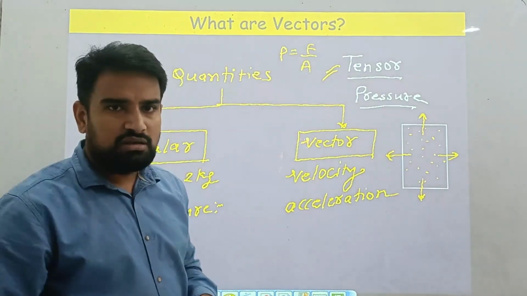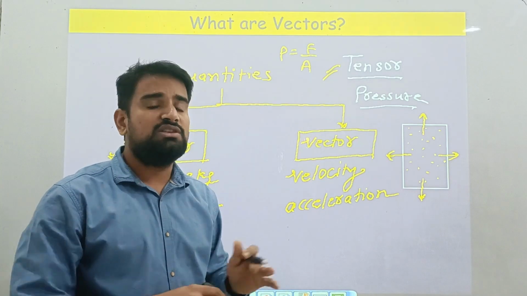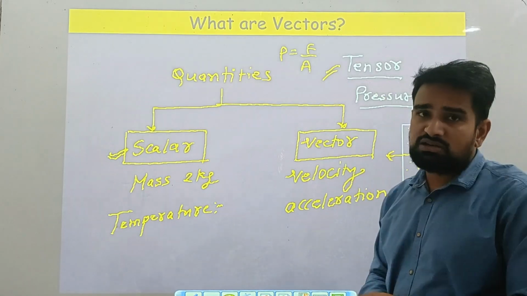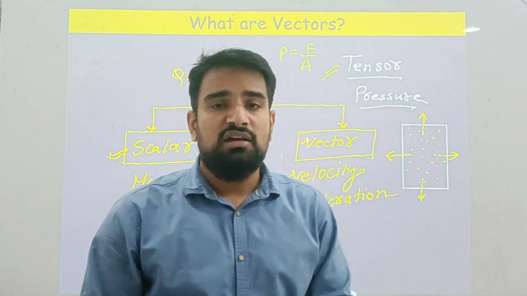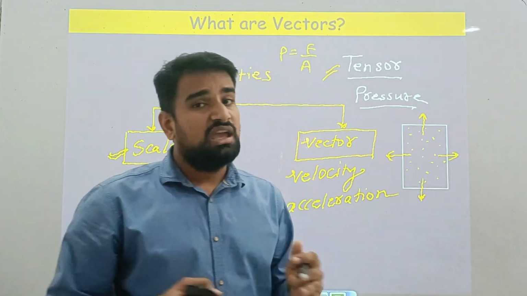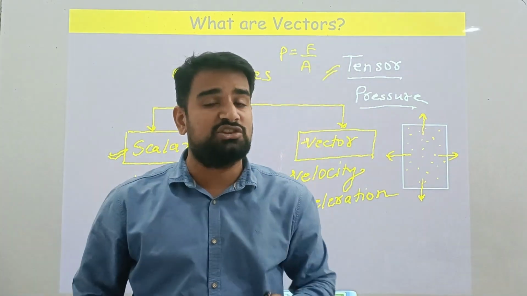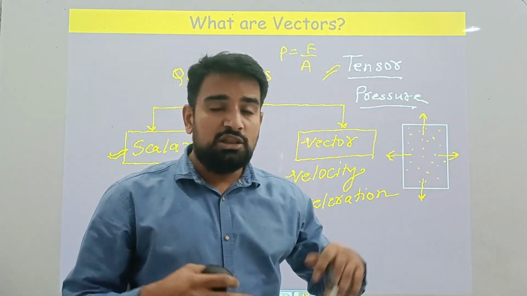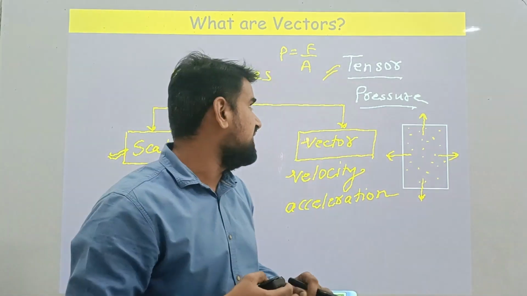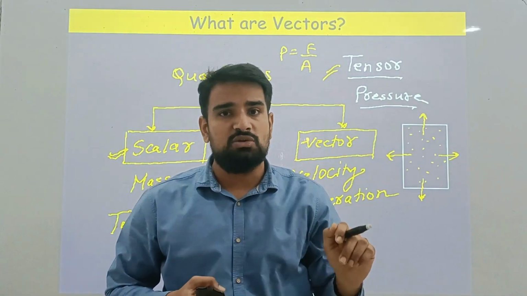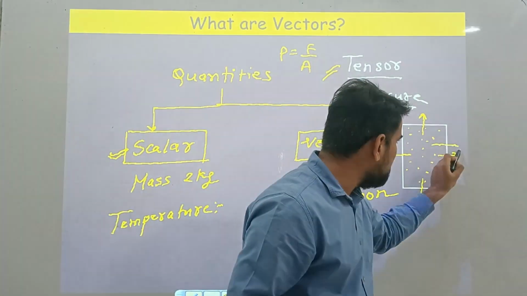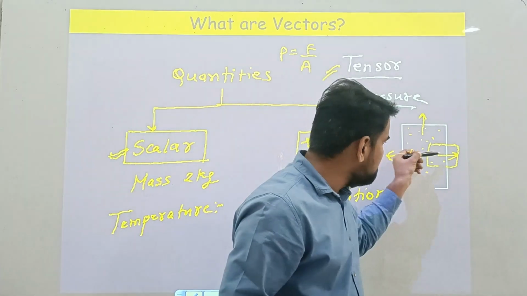Scalar quantities have only scale, a magnitude only, and do not need any direction to specify themselves. Vector quantities always have a magnitude, that is a scale, as well as a certain, single direction to define themselves. And those quantities which have a direction but not a single defined direction are called what? Tensor quantities. It has a direction, but the direction is many directions, not a single direction. But at a point in time, if you look at only a single point, you will see the pressure in this direction.